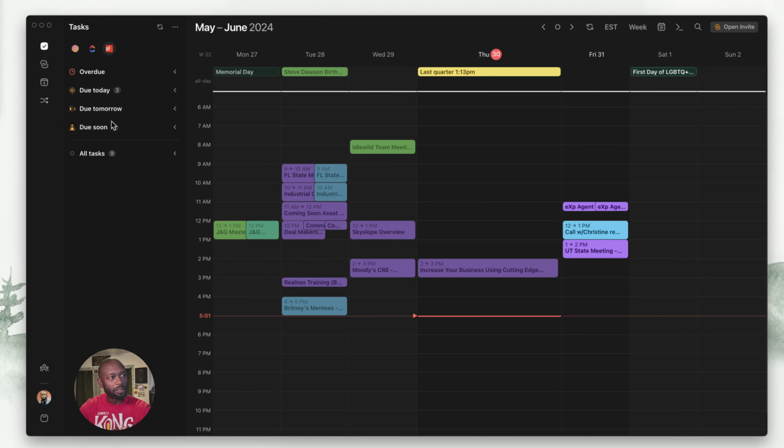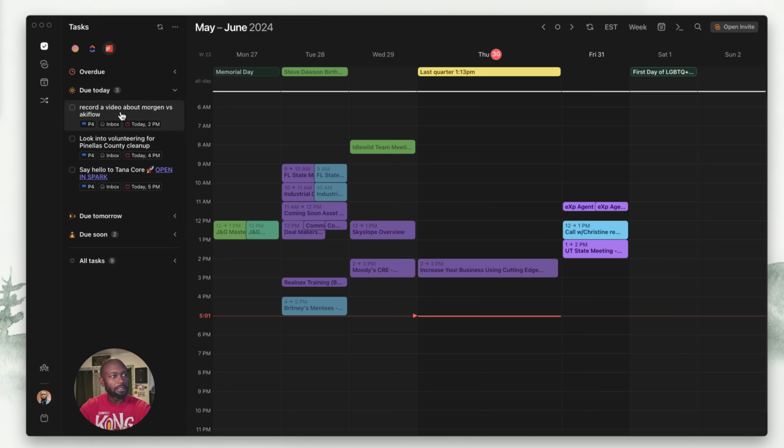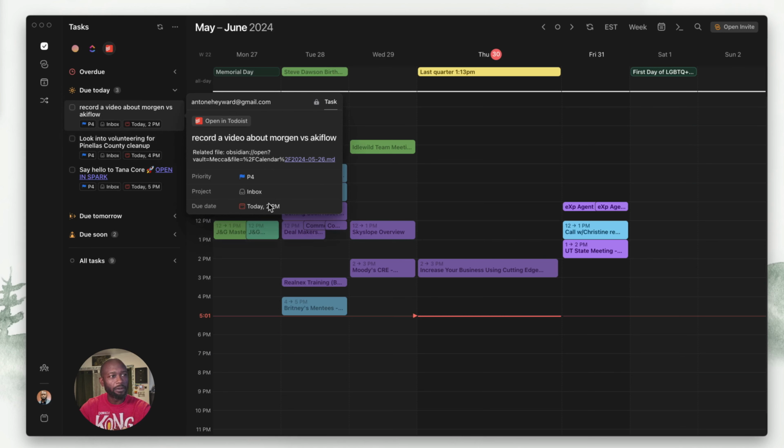Now, I have Todoist here, and it's a similar deal, right? You click on it, you get the title, the description, the priority, and then whatever folders or projects they're in, and then a due date. This is all well and good. The only thing I don't particularly love